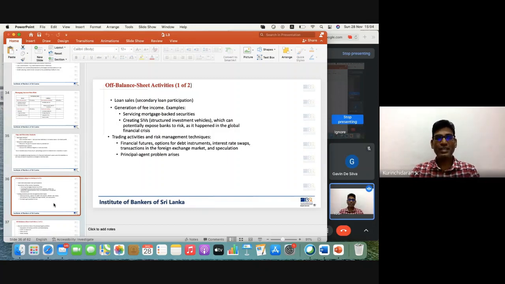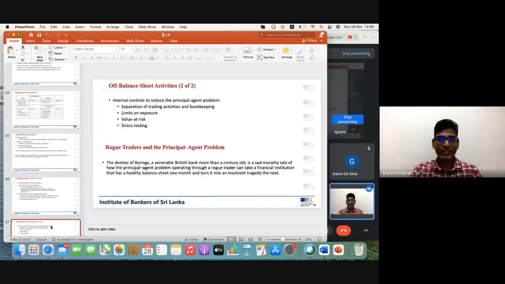However, the principal agent problem can also arise. We have to always think about that. So keep in your mind, shareholders and the managers. Shareholders' expectations should be fulfilled by managers. If you take a bank, shareholders, and when you say management, it means the board of directors, CEO, and senior management, right? So the principal agent problem would always be there. So we should take those into account.